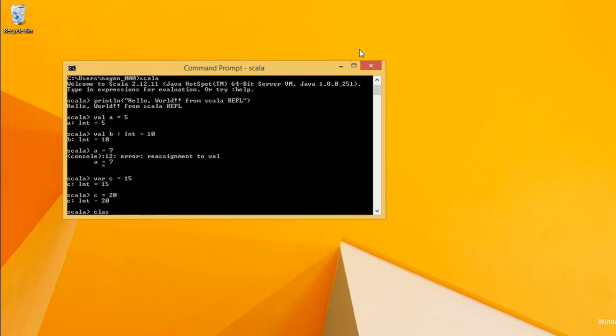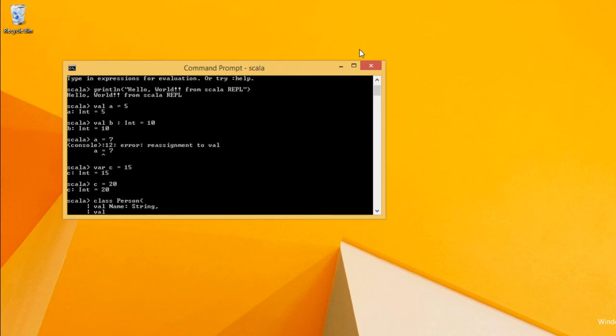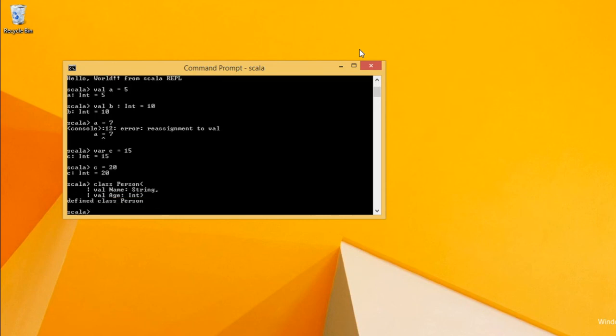Class Person, and just press enter, and then we can write name String. We defined the new class, which is a multi-line statement.